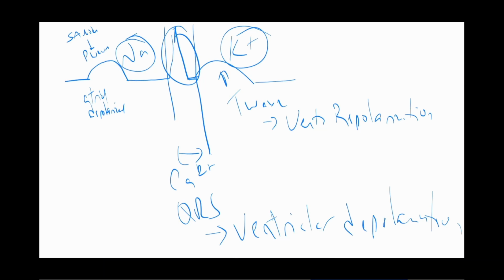Which one haven't we talked about repolarizing? Atria. Do they repolarize? Yes, they have to. Do we see it on the EKG? No, because it kind of gets buried in the QRS. It's there. We don't look at it. We don't see it because the ventricles are a much bigger mass compared to the atria. So the ventricles will have a bigger amplitude than the P waves will. That's why the P wave, talking about the atria, is very small compared to the amplitude of the ventricles, which is very tall.